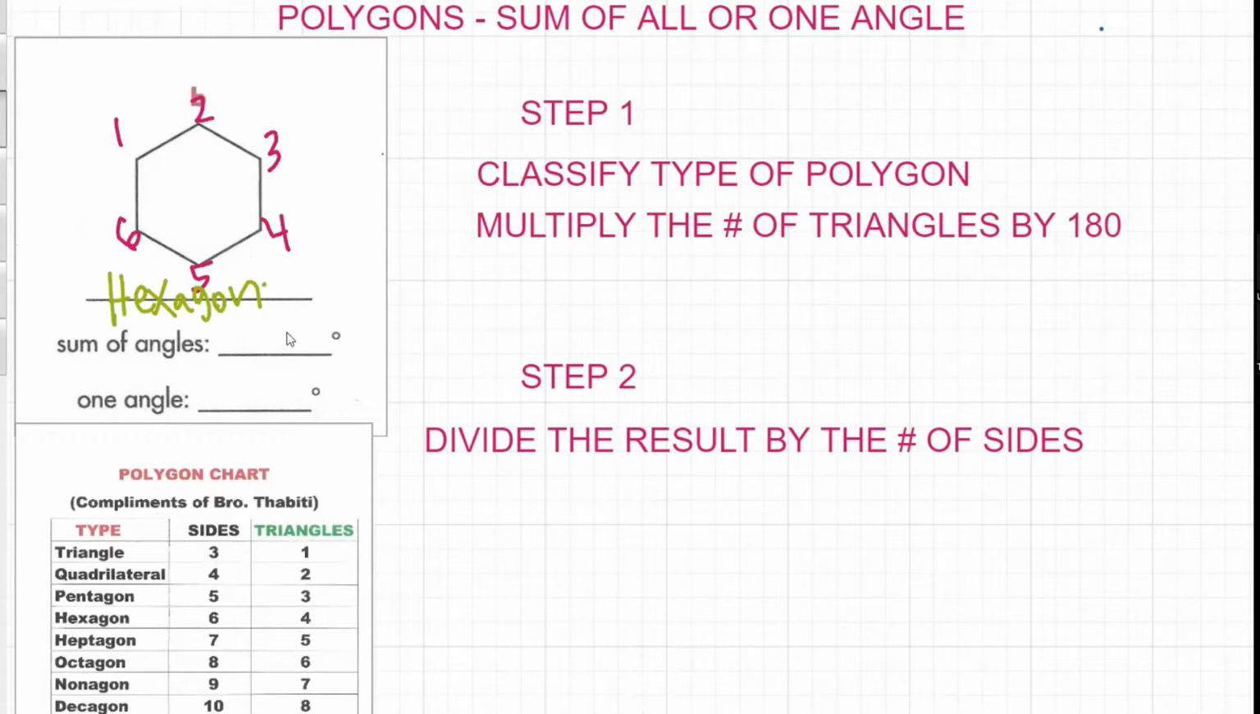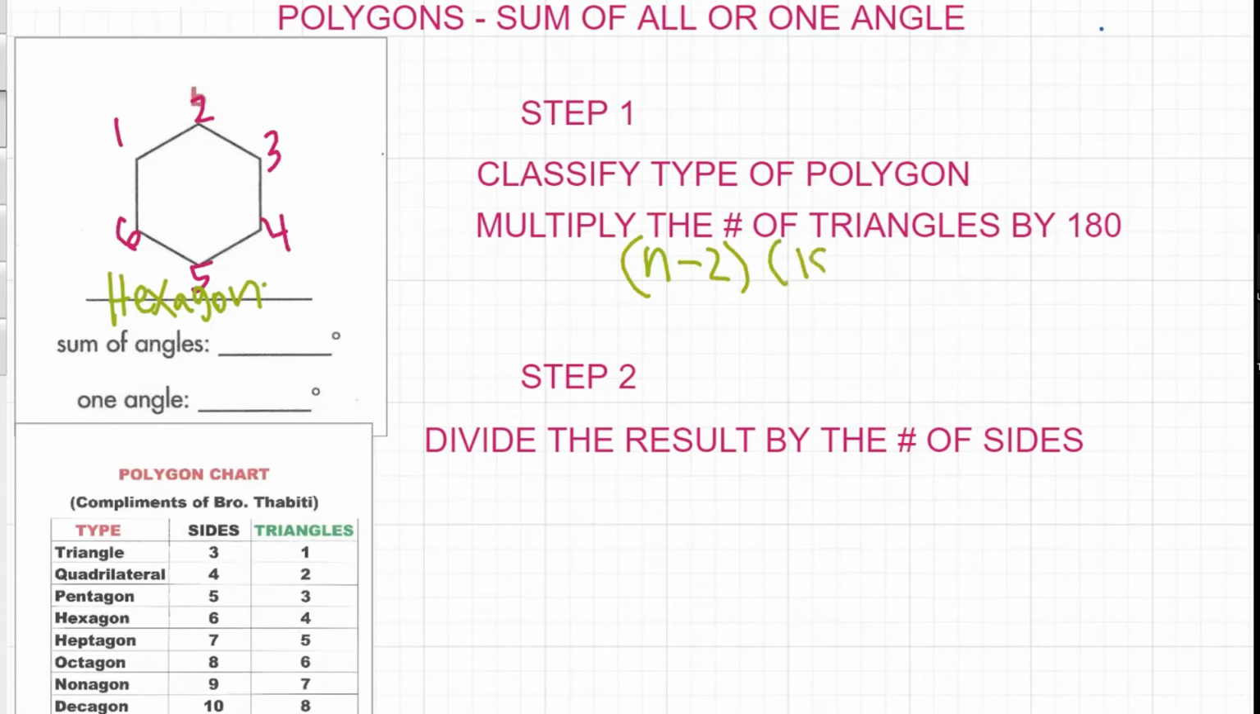Now the next thing it says here, what is the sum of the angles? To figure out the sum, especially if they haven't given us any angle measurements, we want to multiply the number of triangles by 180. So let's do that. Here's our formula for the number of triangles: n minus 2